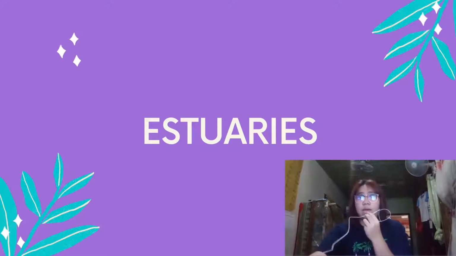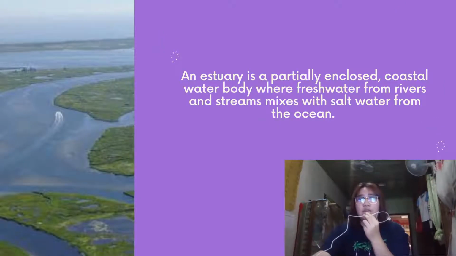We will talk about the estuary. An estuary is a partially enclosed coastal water body where fresh water from rivers and streams mixes with salt water from the ocean. Estuaries are located along the coast where fresh water such as a river or a bay meets the sea. A salt marsh close to the coast is an excellent example of an estuary. A river that flows directly into the ocean is another example. The famously known and the largest estuary in the United States is the